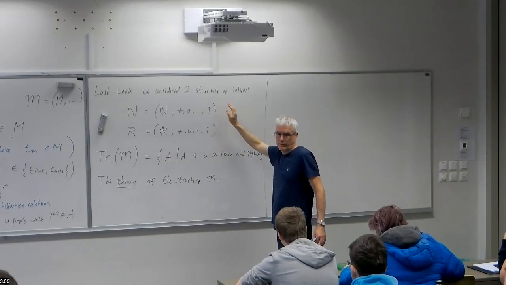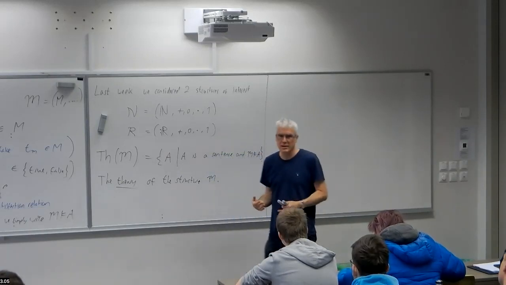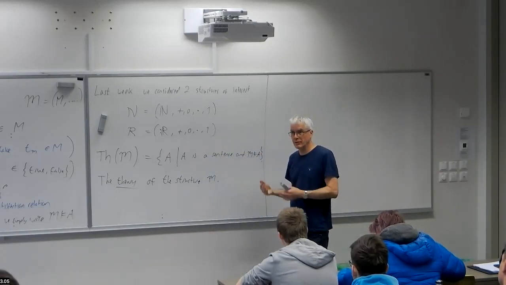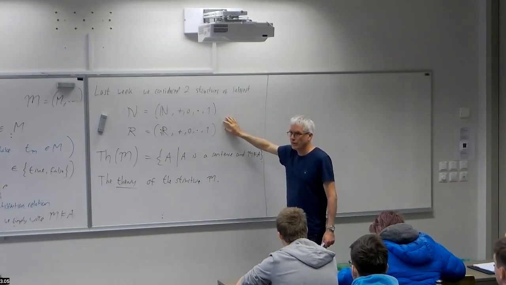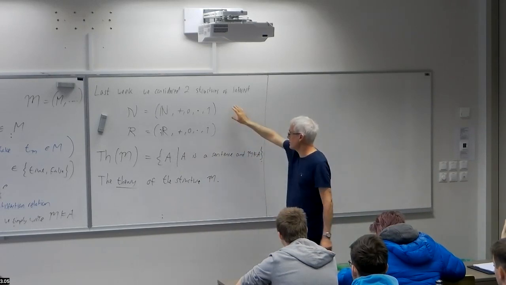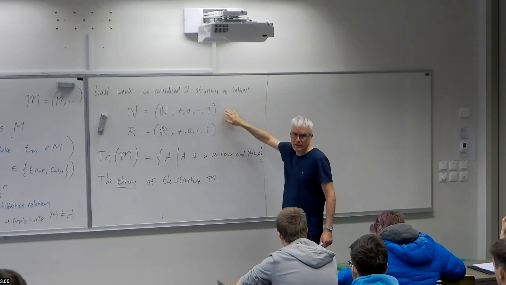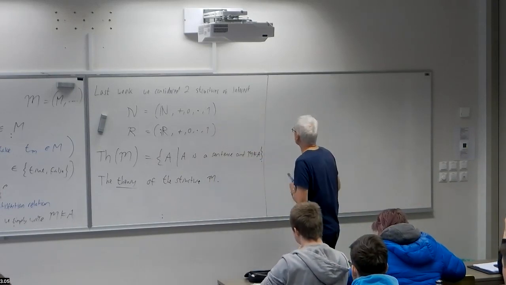The ideal, the best situation one could hope for is that it's simple enough that we could write an algorithm to tell us if a sentence is true or not. And I already mentioned, there are two theorems that tell us that these two structures have very different properties in this regard. But the structure N,